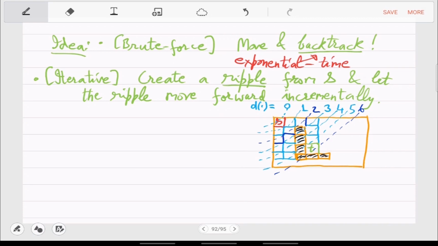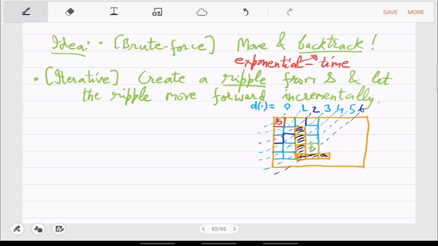Can you implement this in a C program? This physical ripple? So we can use the queue to do this. Yeah. How? We are on some given level. We will put all the elements of the given level in a queue. We will pop all of those. You mean dequeue and enqueue? Yeah. Right. So the queue data structure appears here in a very natural way.